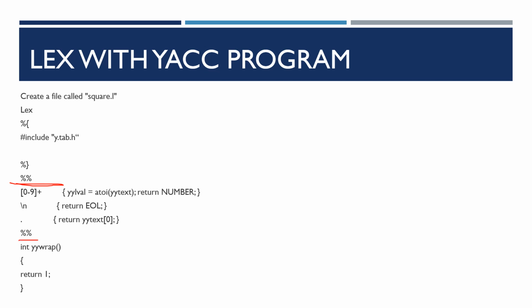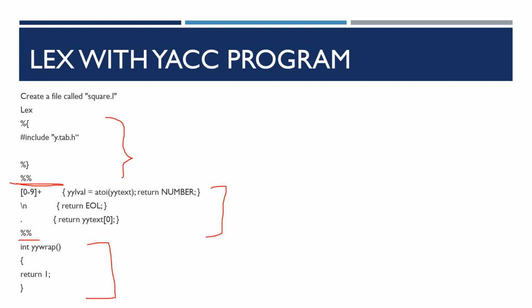So these are delimiters, and about delimiters we are defining the definition section. This is the definition section, and this is the rule section, and this is the code section. So, definition section